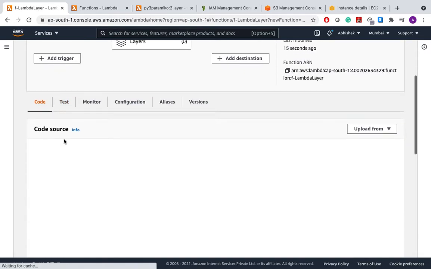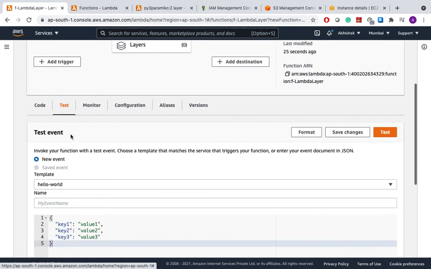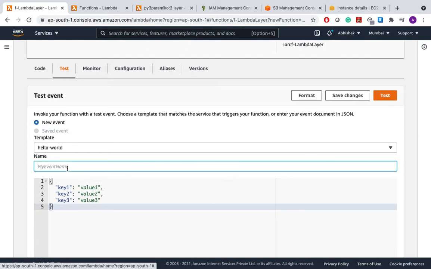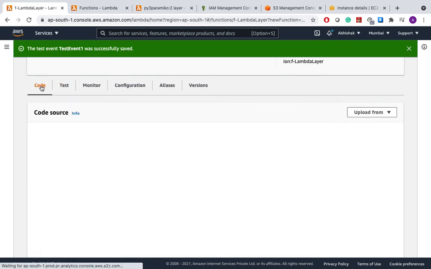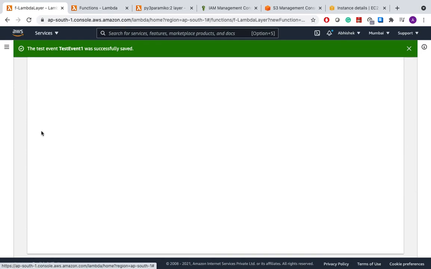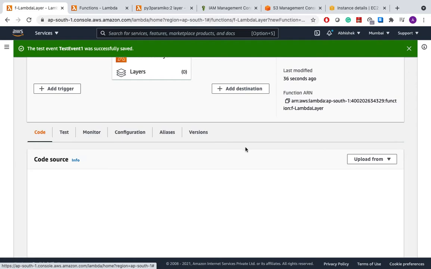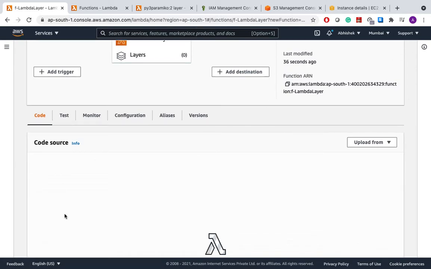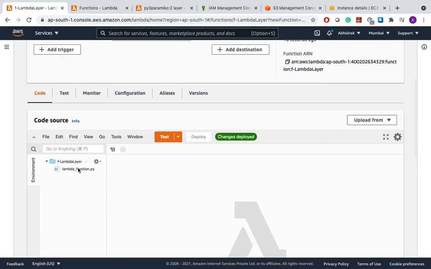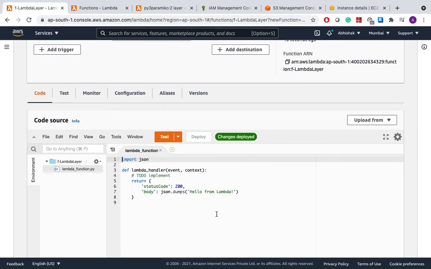So it is taking some time. Let me first create the test event. So let's see if we have the basic thing available. It is coming up. Okay, so this is the function we have.